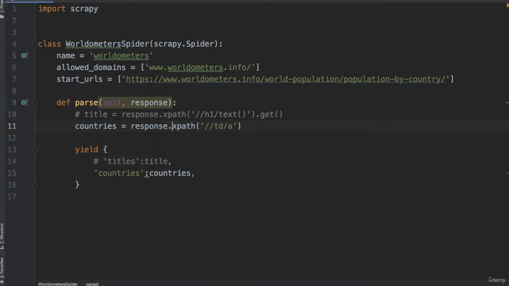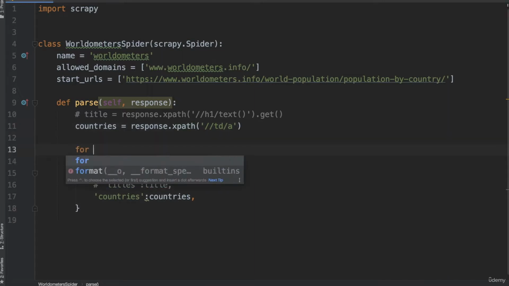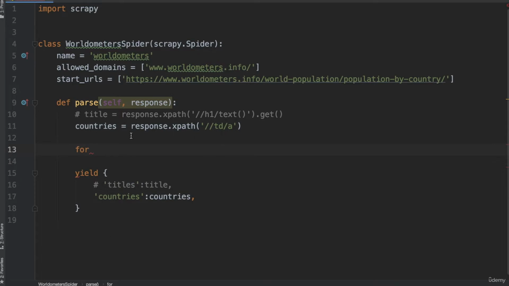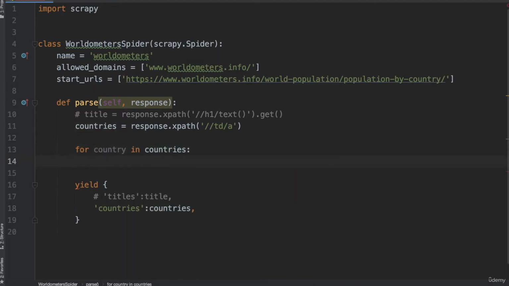So I'm gonna write for country in countries to loop through this list, because as you might remember, this XPath expression /td/a will give me a list of A tags, which by the way contain the href that has the links we want. Now inside this for loop, I'm going to write the variable country_name, and this is going to be equal to